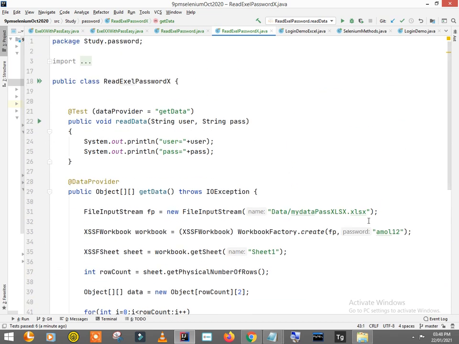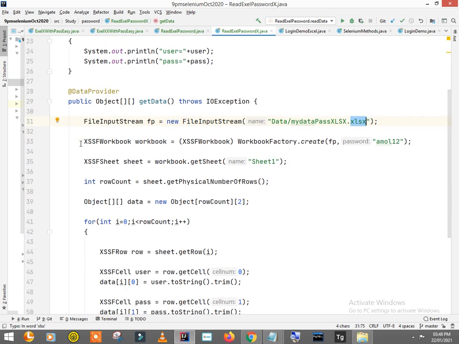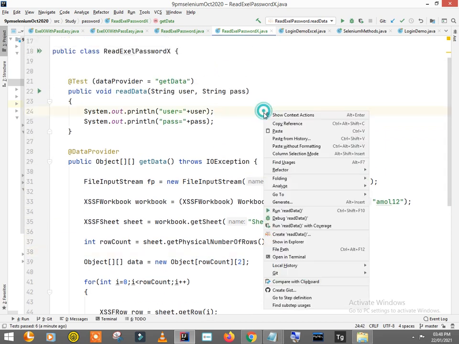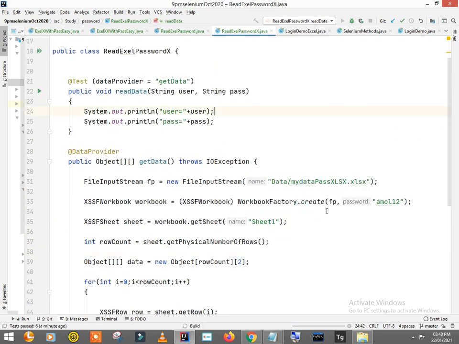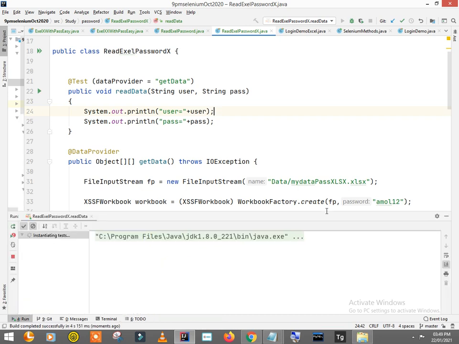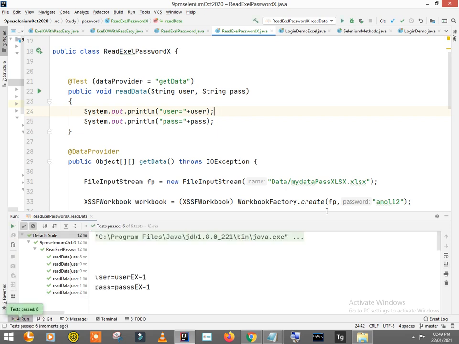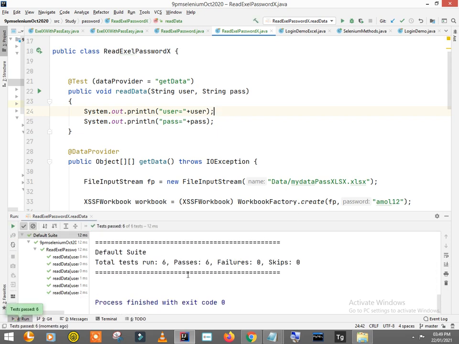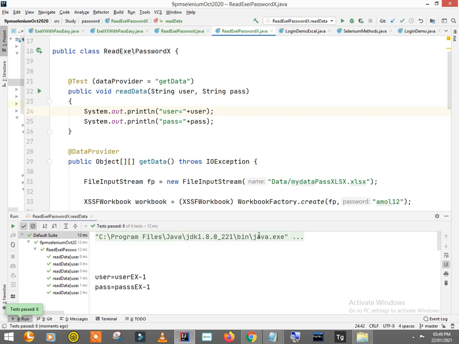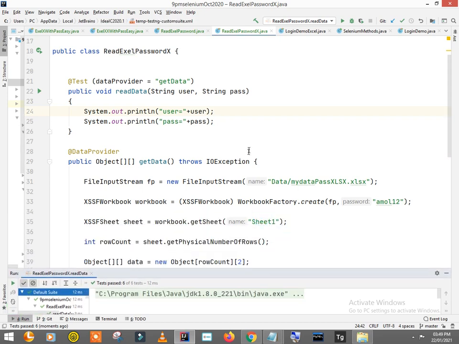If this is excel sheet with extension xlsx, so just instead of H everywhere, you have to put X, and that's it. So then also you'll be able to read the file. Okay, you see, so this is the easiest way to read the password protected excel files, right?